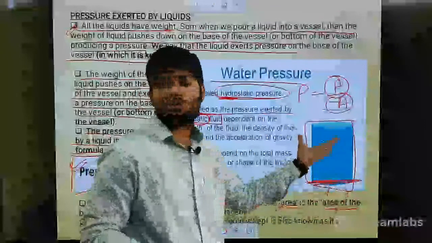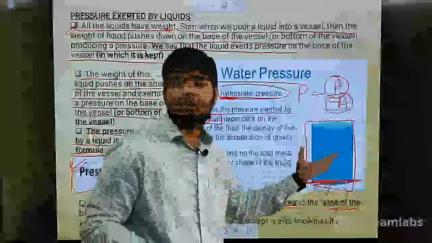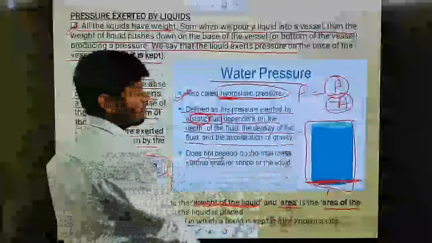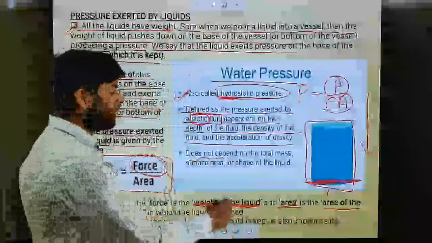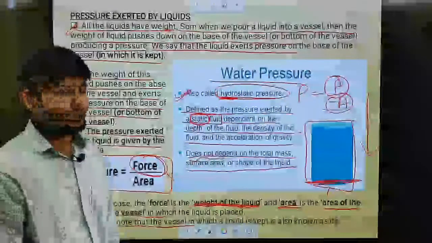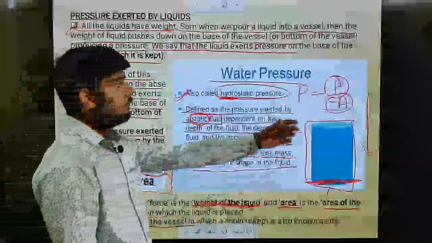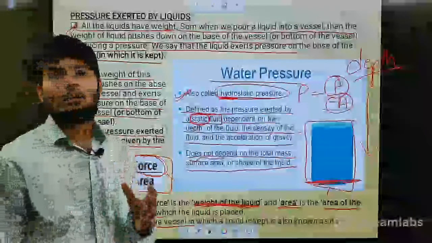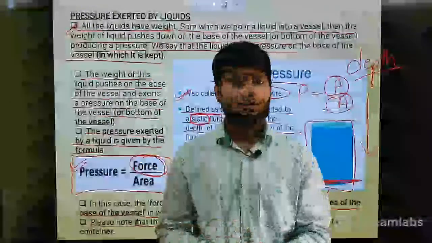There is no motion. Fluid... liquid means... easily explain... of the vessel. So size